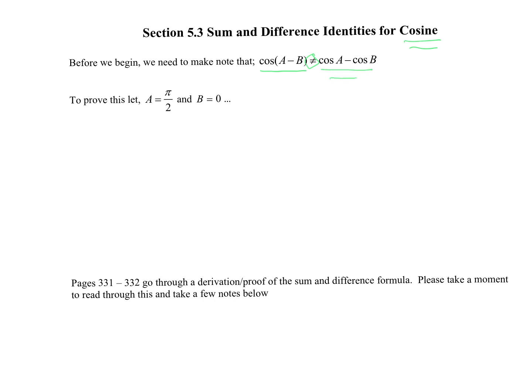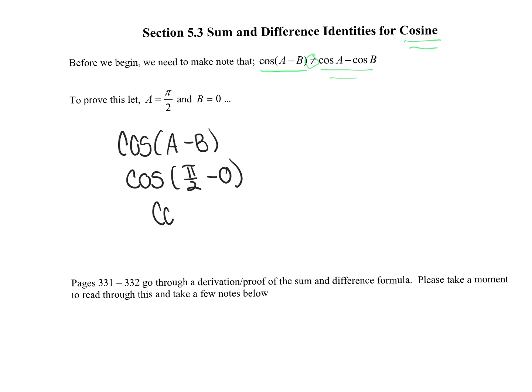So I want to prove that to you. If I just write this down, cosine of a minus b, and I plug my values in, cosine of pi over 2 minus 0. I'm going to simplify just this side, so I get cosine of pi over 2, because pi over 2 minus 0 is just pi over 2, which we know is 0. Now, using this wrong side over here,